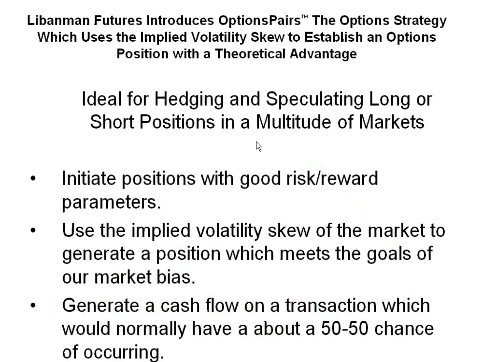We also look at a very important strategy to us called options pairs. The options pairs strategy uses the implied volatility skew to establish an options position with a theoretical advantage. It's ideal for hedging or speculating long or short positions in many markets. It initiates positions with good risk-reward parameters. It uses the implied volatility skew of the market to generate a position which meets the goals of our market bias, and it generates a cash flow in a transaction which would normally be expected to have about a 50-50